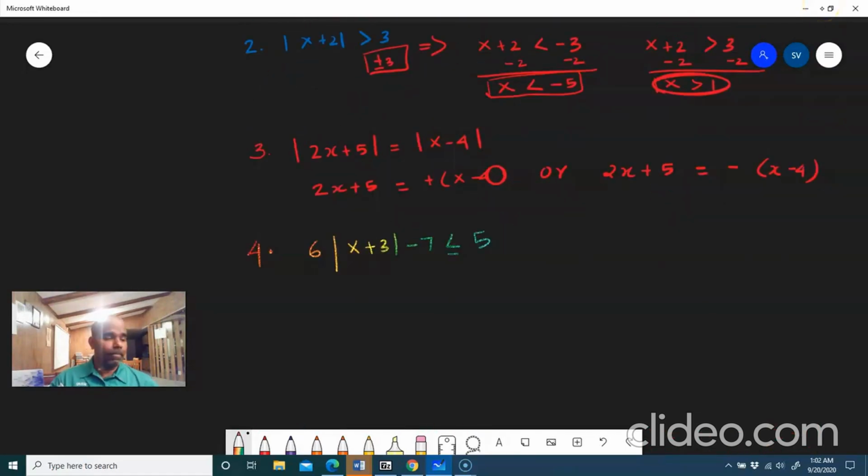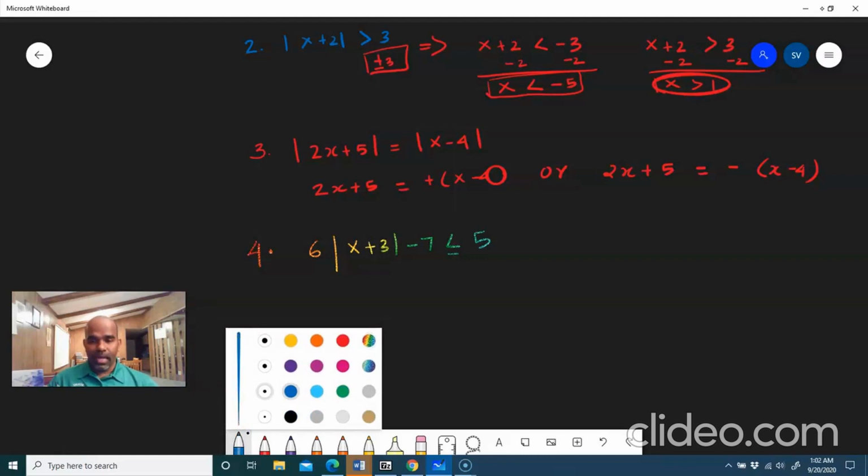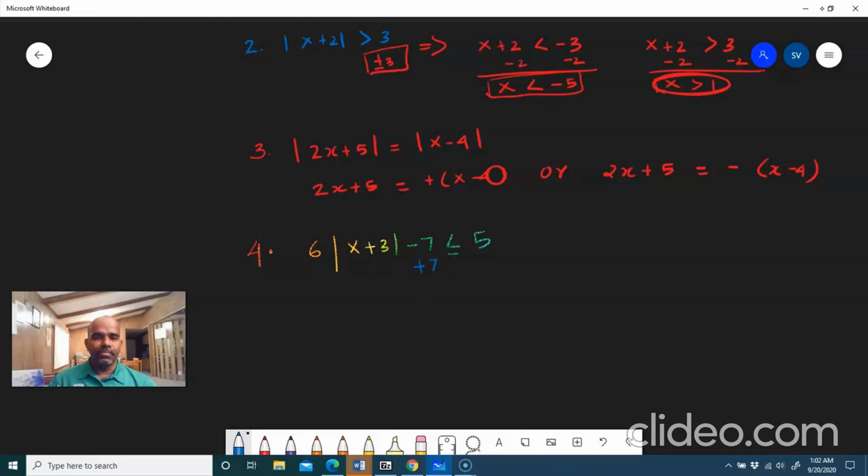Okay, go ahead. Before you start approaching this problem with the case 2 theory, you have to isolate the absolute value. For that, you have to eliminate all the numbers outside the absolute value sign. I'm using a different color, I like to use different colors to do problems. First we add 7 on both sides, and it cancels out. So 6 times the absolute value of x plus 3 is less than or equal to 7 plus 5,